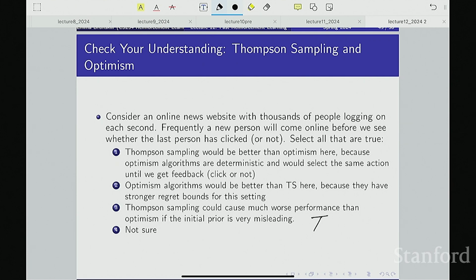The first one is also true. If you think back to the algorithms that we saw last time for optimism, there is no randomness in there unless you have a tie. So if your upper confidence bound for arm 1 is higher than the upper confidence bound for arm 2 and arm 3, you're just going to take arm 1. And that's fine, but if you have a delay, that means you can't update those upper confidence bounds. So if the next customer comes, or the next patient comes, you're like, I still think surgery is best. I still think surgery is best. And you're not going to try anything different.